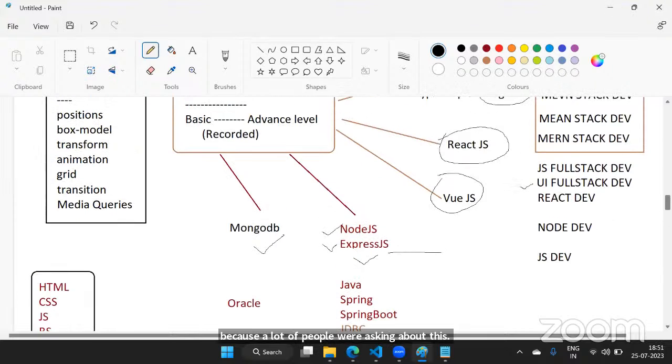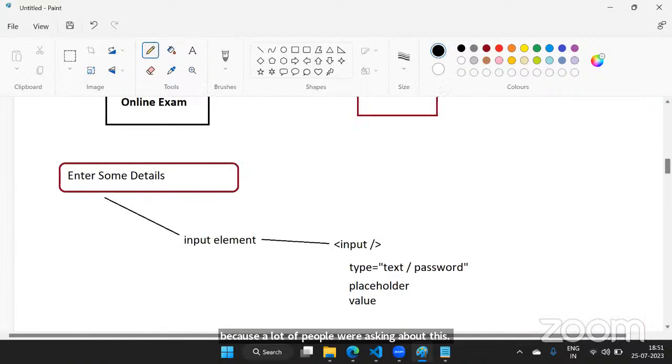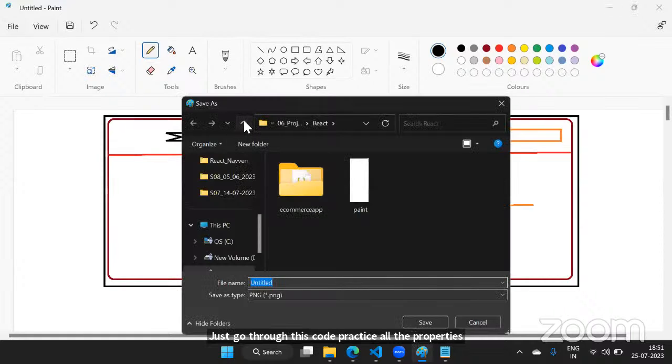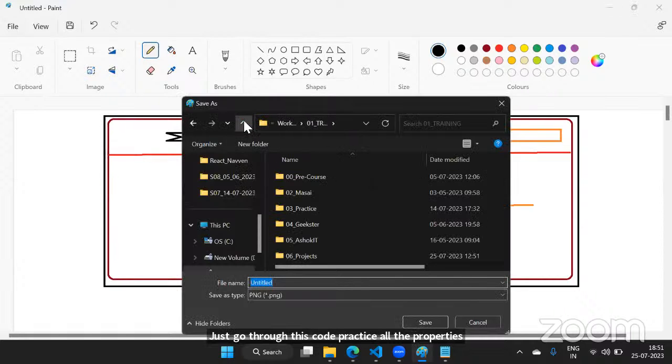Yeah. So let's learn the remaining things in tomorrow's session, guys. Okay. I will push this code. Just go through this code, practice all the properties, whatever we have learned, because going forward, again, you will get confused. So better to learn everything